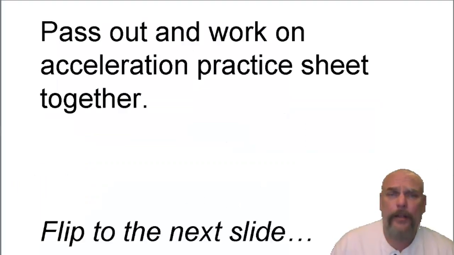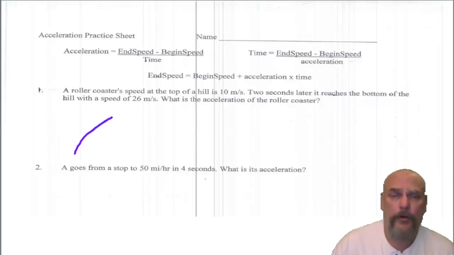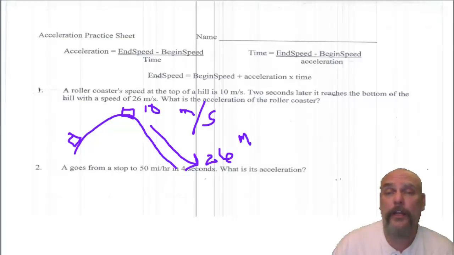Here's a practice sheet that you can take a look at, and here they are on the screen. This is the first question. It reads, a roller coaster speed at the top of the hill is 10 meters per second. So if you can picture this, here's the roller coaster hill. The car is going up the hill, and when it gets to the very top of the hill, its current speed is 10 meters per second. And then it's going to go down the hill. As it does that, its speed is going to increase. As it gets to the very bottom of the hill, its top speed is going to be 26 meters per